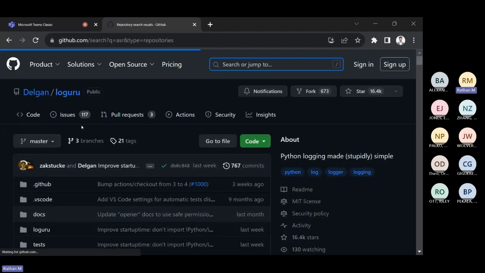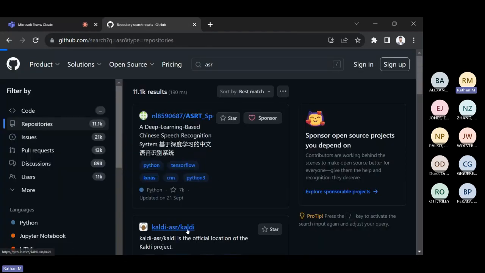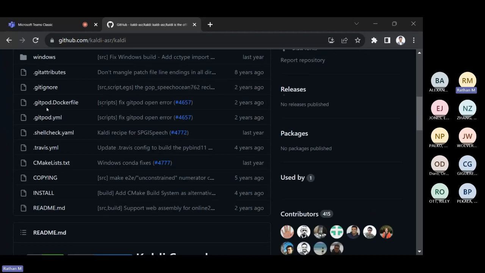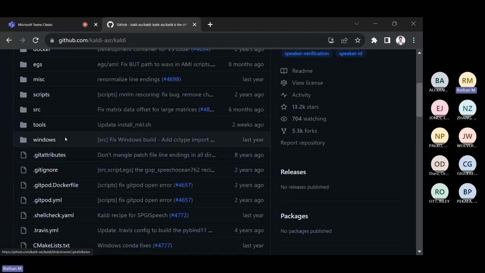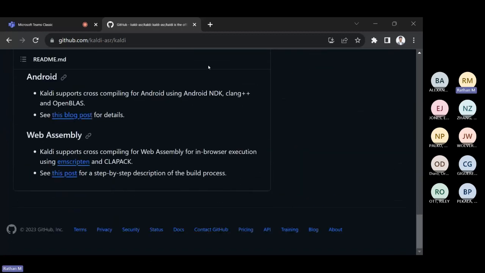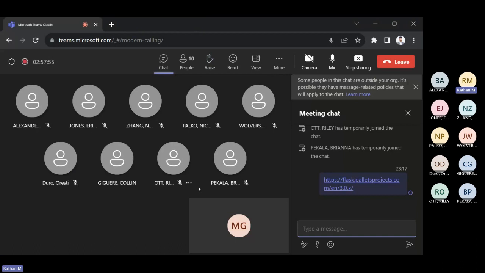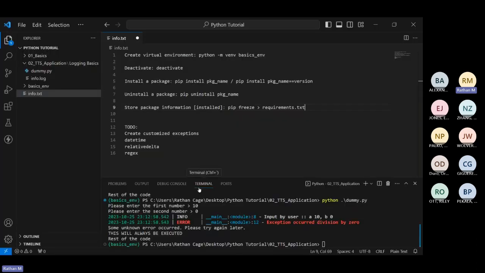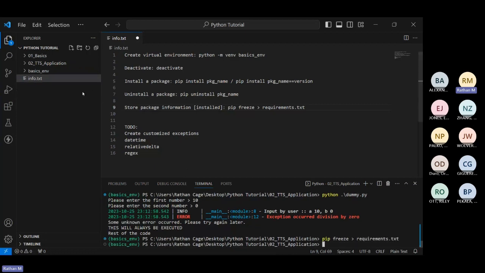I'll just search for ASR, one of the Python ASR projects that we saw earlier, for reference. Many of them will have a requirements.txt file. I'm unable to show it here. Possibly these people don't use requirements files, but most of them will have it. So whenever you're downloading a repository from somebody else, you can do this. Let's just write pip freeze greater than requirements.txt. Once you do this,